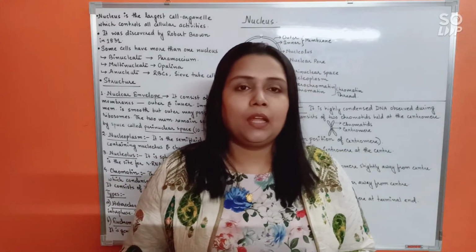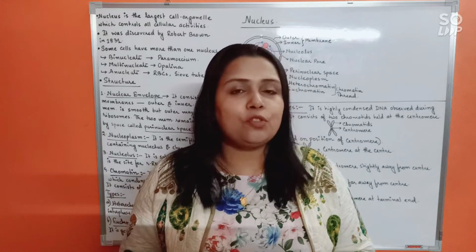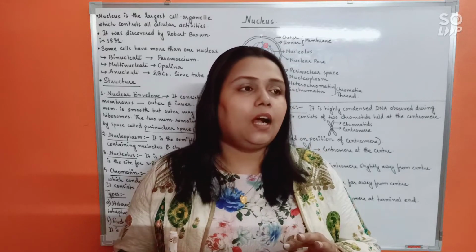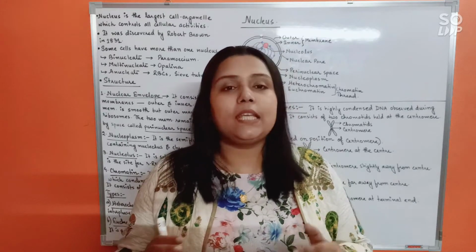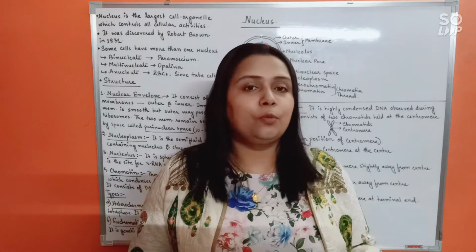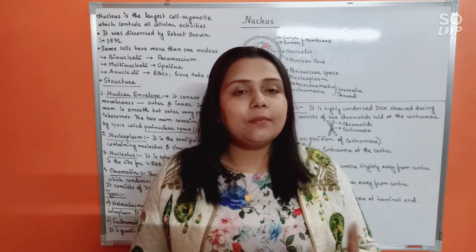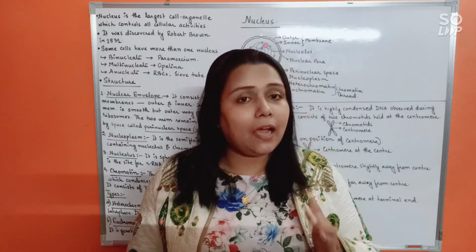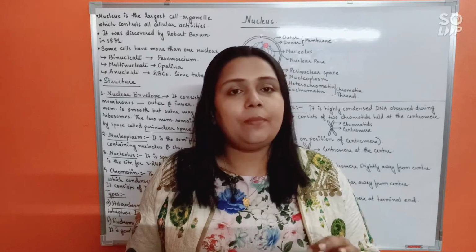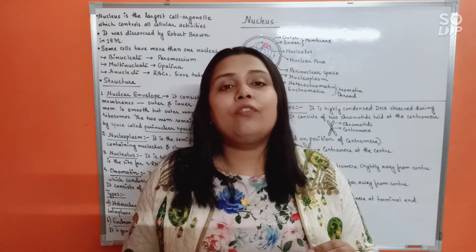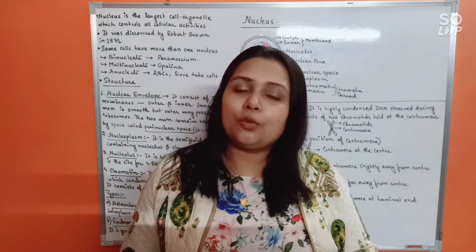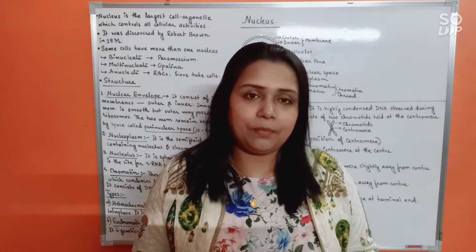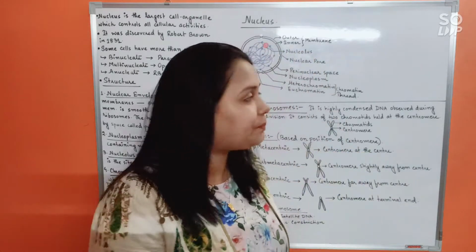Regarding chromosomes. Before we discuss chromosomes in detail, you need to learn about the interlink, that is the interconnection between DNA, chromatin and chromosome. These three terms are sometimes used interchangeably, but they have very important differences and they have to be understood so that the concept remains clear. And if you are very clear about these three terms, DNA, chromatin and chromosomes, it will be very easy for you to understand the cell division chapter as well. Okay, so let us start.